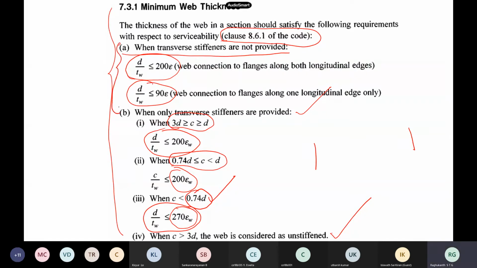What does no stiffeners mean? You are providing web connection to flanges along both longitudinal edges, so we are having a plate girder here which is like an I section only. So what should be the limit here? D by TW is 200. This has to be used in our calculations.